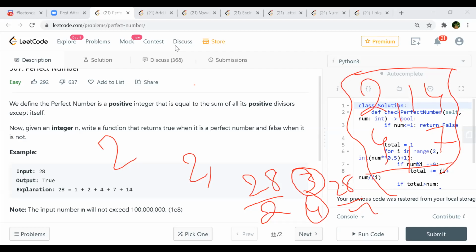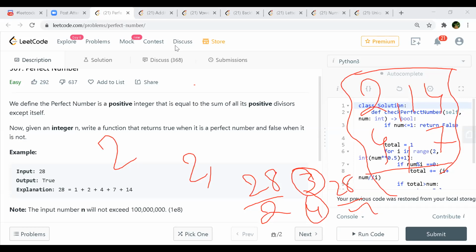I did a very crude way, but it still got accepted. What I did is, first thing, I ignored all the odd cases. If we have an odd number, just ignore it, because you won't be able to find any such combination.